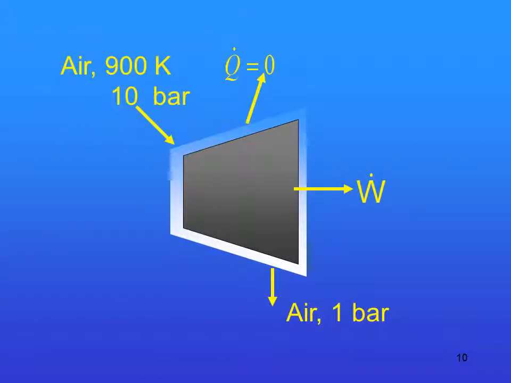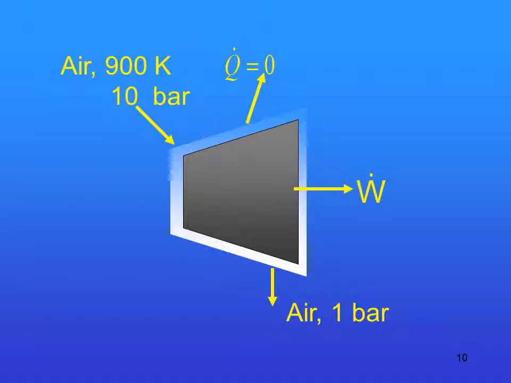So here's a sketch of our system. Air coming in at 900 K and high pressure. It's adiabatic. We've insulated it. Got a lot of insulation around this thing. So Q equals 0. Taking work out, and air is discharged usually to the atmosphere at about 1 bar, and